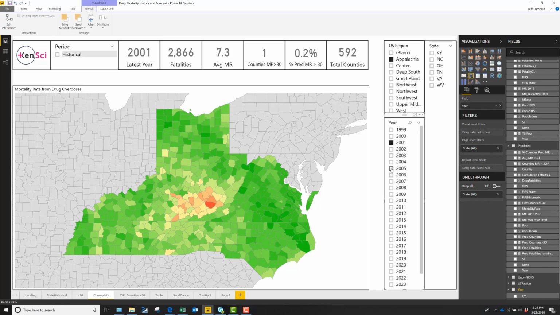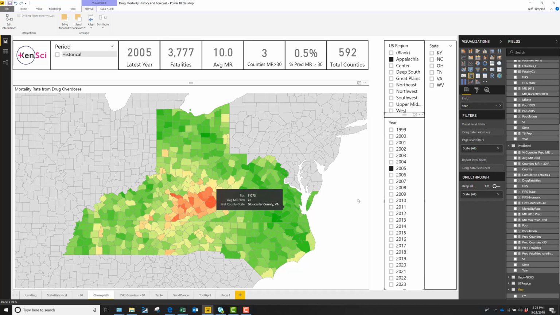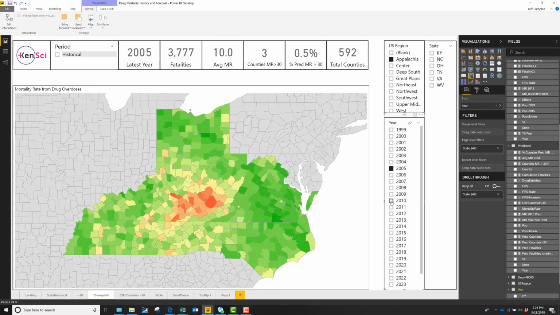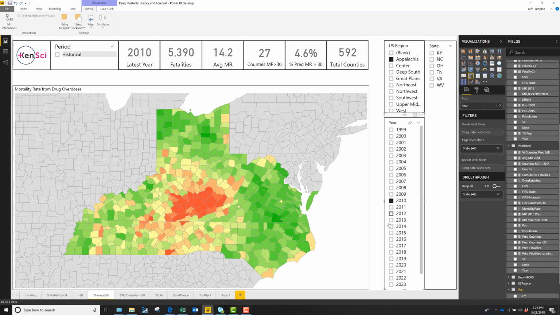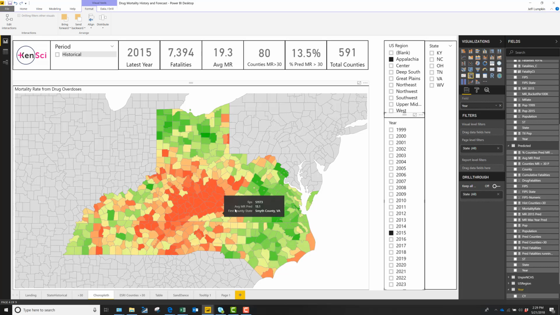Now let's jump ahead to 2005, and you're going to see this red core spreading out, almost growing like a viral infection. So 2010, you can see it's quite widespread. And then by the time we get to the last year in the data set, 2015, this central core of Appalachia is really eaten up by very high rates of opioid mortalities. And in fact, a lot of these counties have hit the top bucket, which is 31 deaths per 100,000 or greater. And when I saw this, this concentration of counties at this very high mortality rate, I became interested in